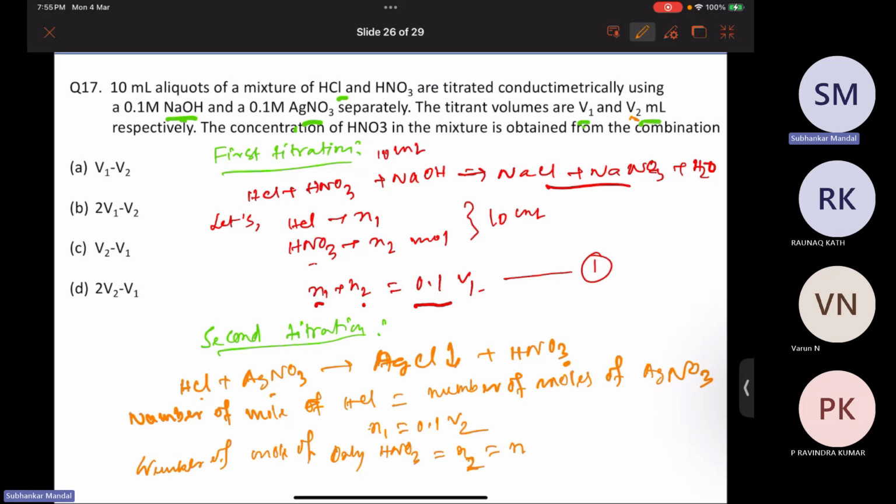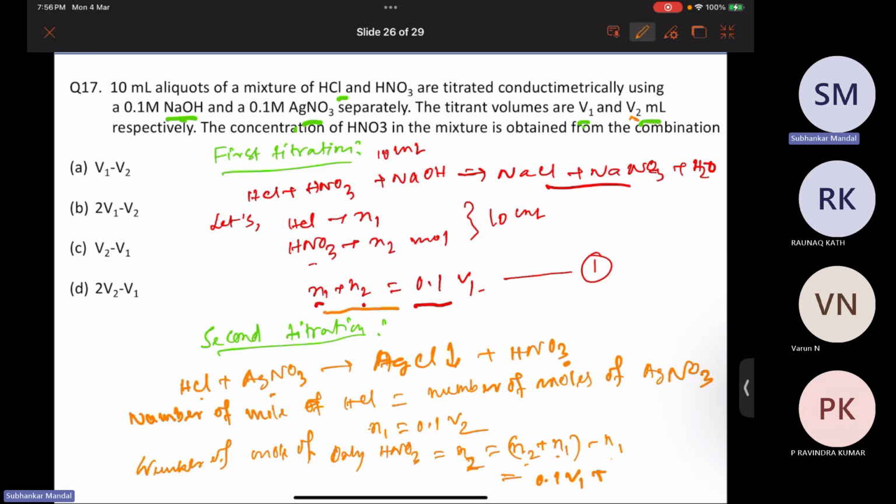N2, I can write N2 plus N1 minus N1. This way also you can write, because N1 plus N2, here you can see N1, I just add here, but again subtract that. So N1 plus N2, that I have written here, that is 0.1